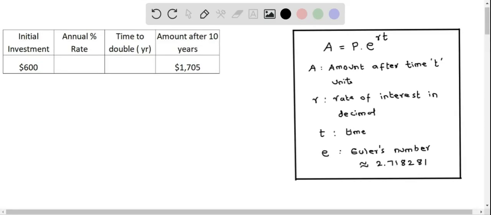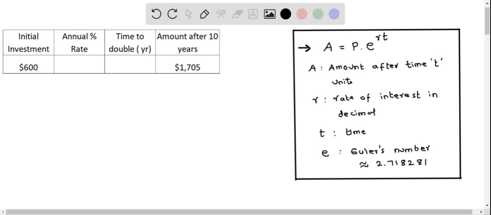Let's now fill in the missing values of this table. So here the interest is compounded continuously. So I'm going to use this formula for compound interest when it is compounded continuously. This formula gives the value of amount after t years, that is A equals P times e